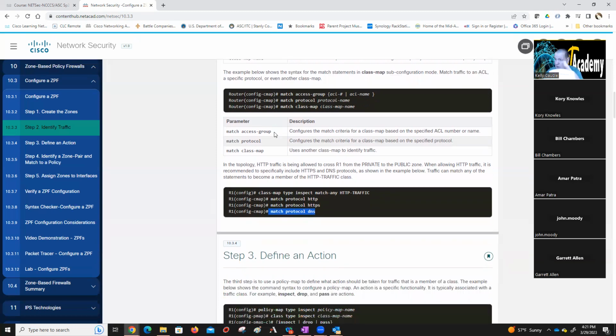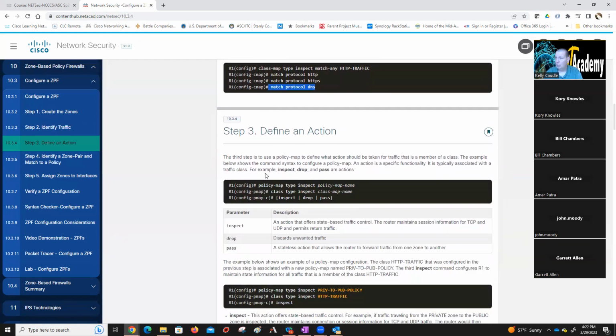Now, once we define what's going to be acted upon, we need to define an action. We do that with our policy map. So the policy map will tell you what action is going to be done with this. So we do policy-map type inspect, policy map name, and then we'll go into the policy map subconfig, class type inspect, and that tells you this must match our class map name. So it says inspect anything that matches this class map, and then we're going to put our rule in it. We're going to either inspect it, which does state-based traffic control, drop it,